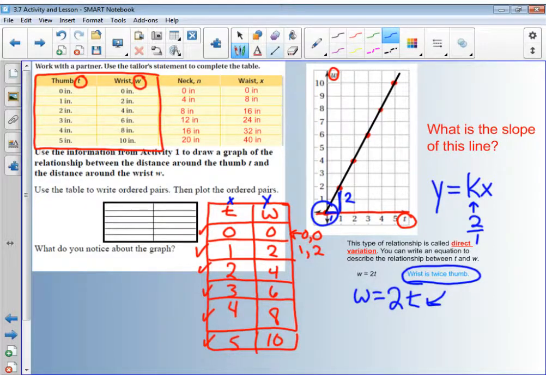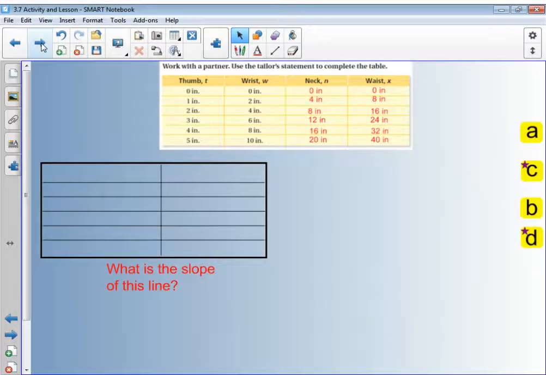Okay, so we're going to practice some more of these. So go ahead and flip to the next page of your